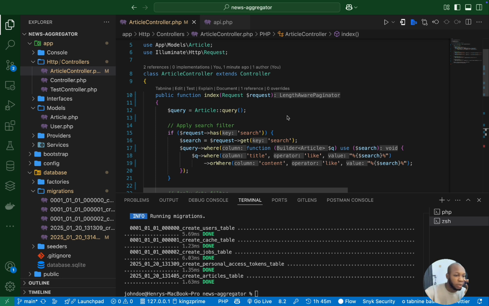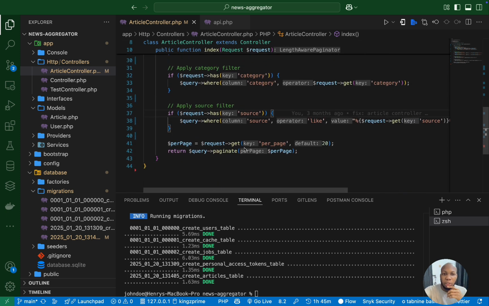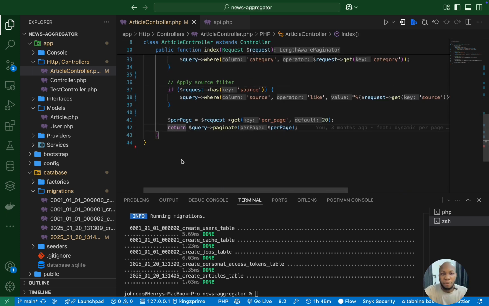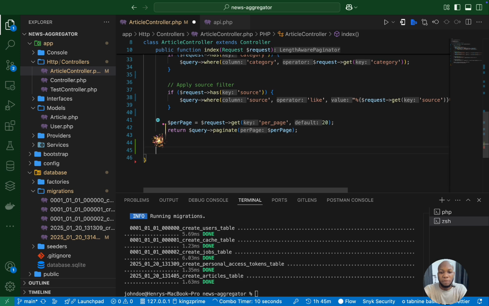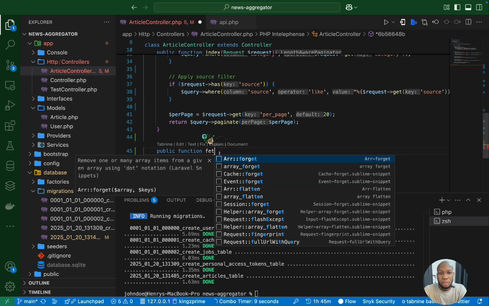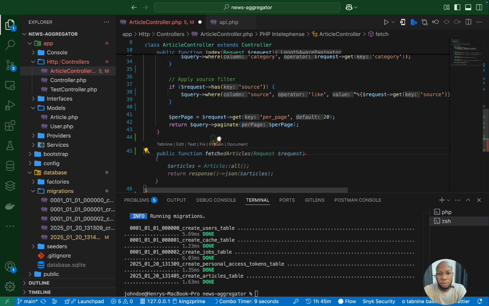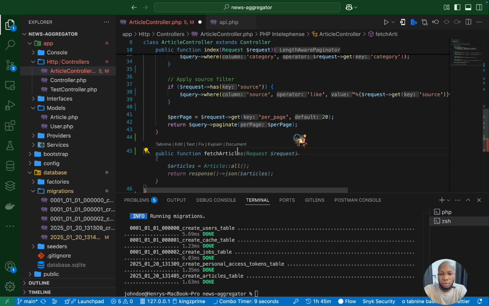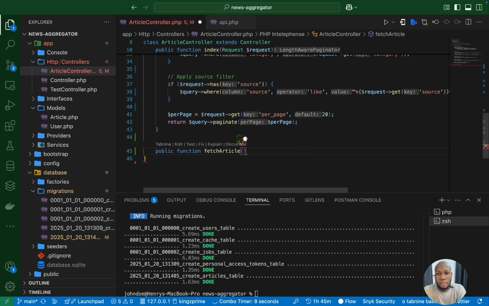Now, most developers are going to just use the straightforward method where, let's say, you have a function that fetches articles, right? And then,